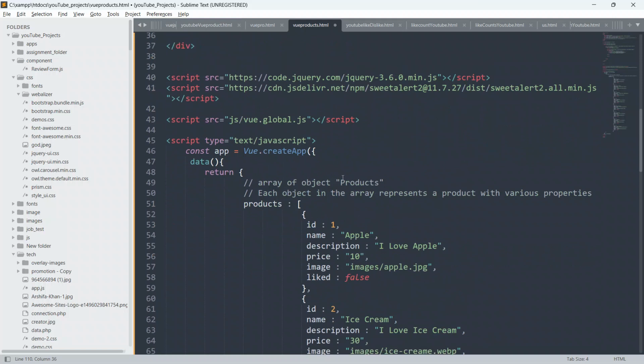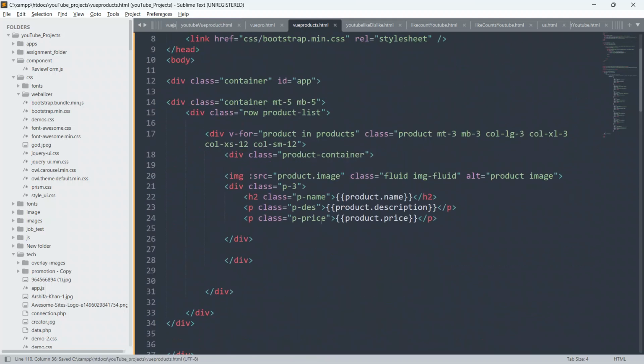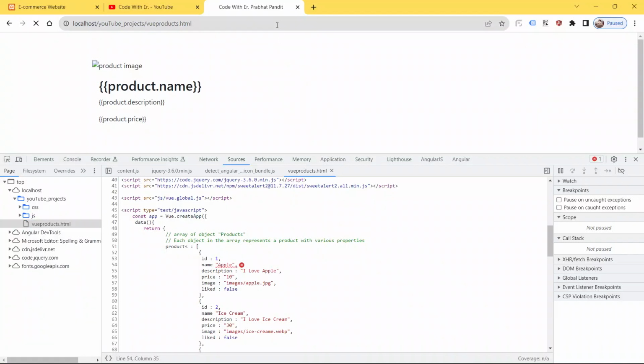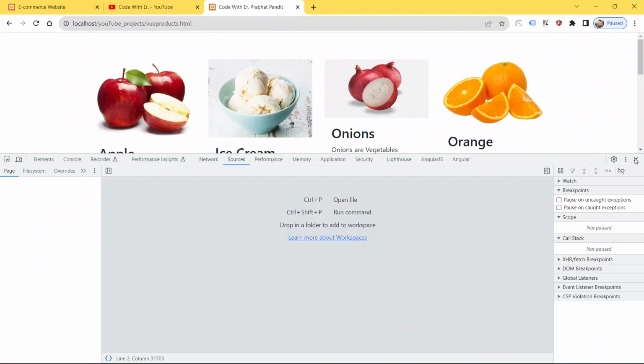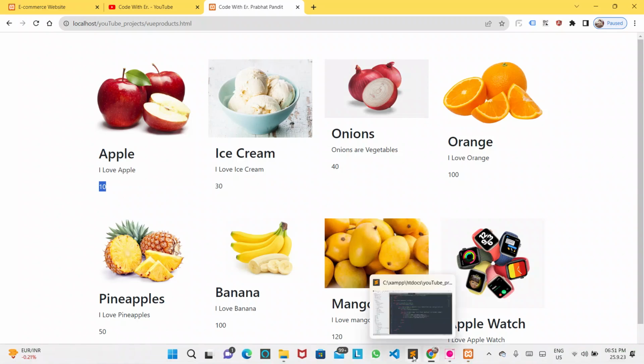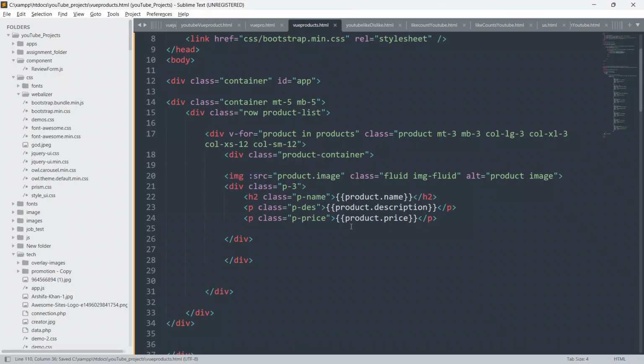Okay, so guys, now just save your code, go to the browser, and I hope, guys, this time this will definitely work. Refresh the page now. See, boom, guys. We are able to see our 8 products here: product image, product name, product descriptions, and the price also. Now we have to create our add to cart button, and style it a little bit. So just go back to the code editor and create a button.